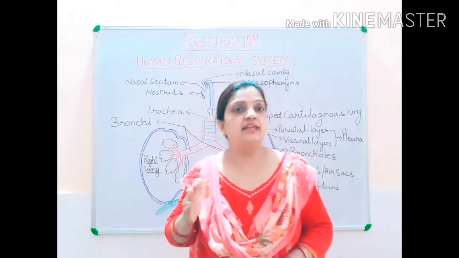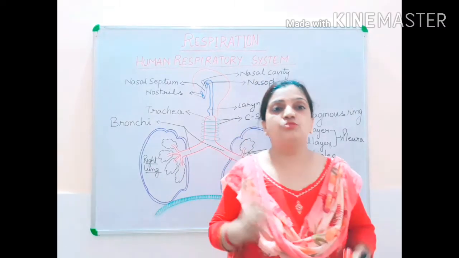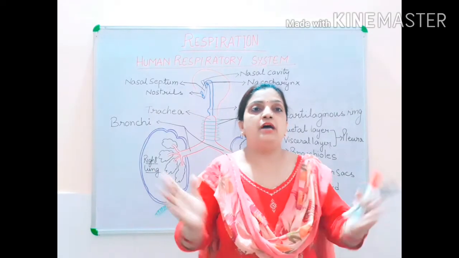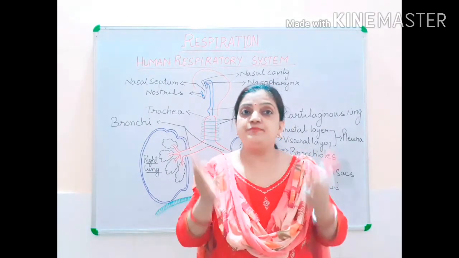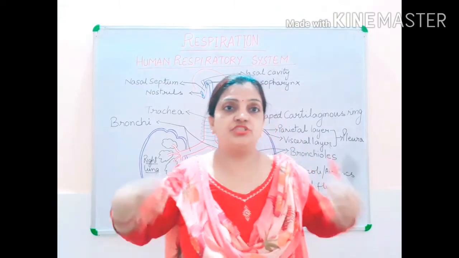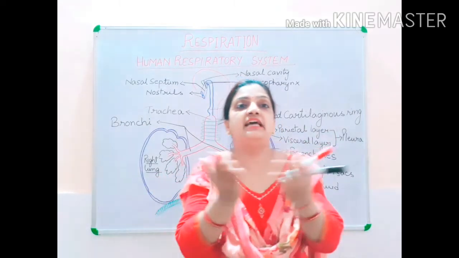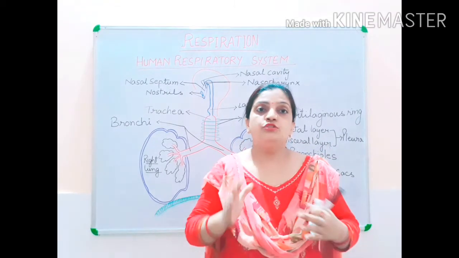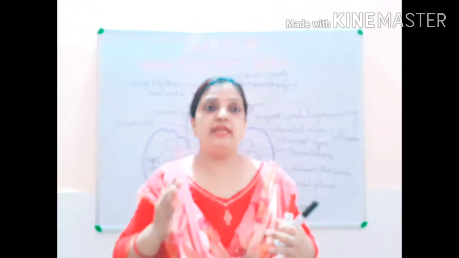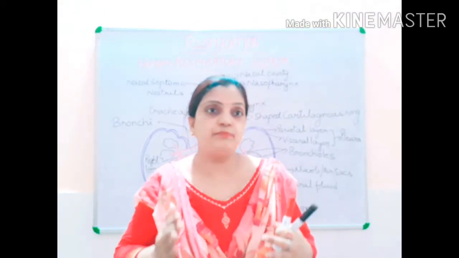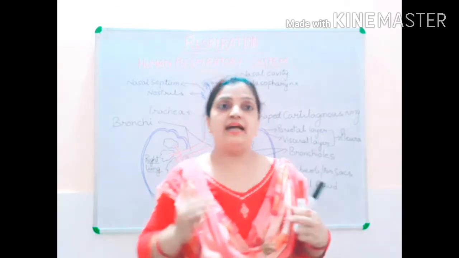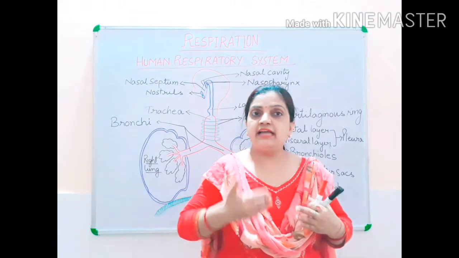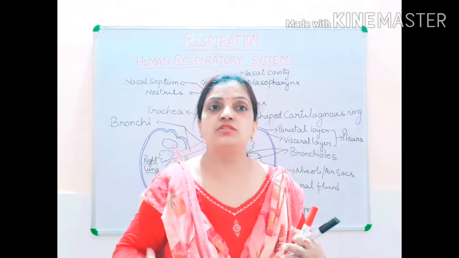Thoracic cavity. The chest portion is called the thoracic cavity. In our chest portion, the ribs are present. The whole system in our chest portion is supported by the skeletal system, and in our skeletal system, the ribs form the chest part. These ribs, which make the thoracic part of the body, are covered by a type of muscle called the intercostal muscle.